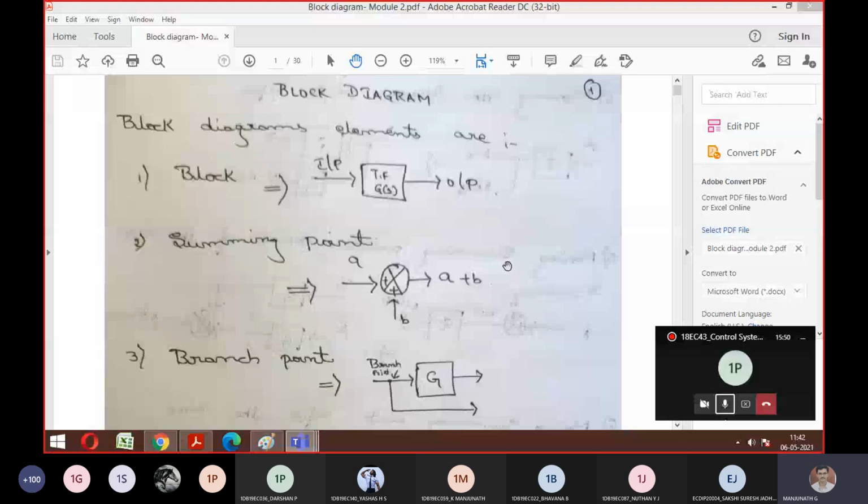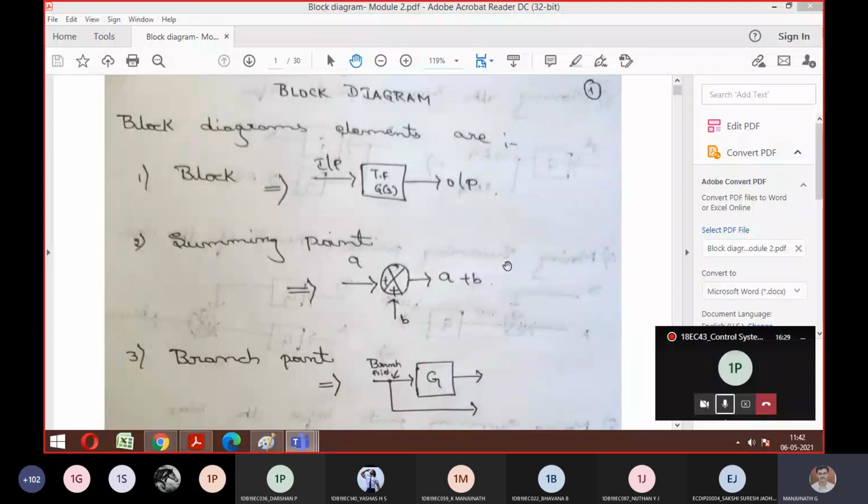It is very simple to construct the block diagram for a bigger and complicated system. Instead of going by the physical components present in the system, if you go block diagram wise, we can do the reduction technique. The ultimate goal, I told you yesterday, is nothing but to find a transfer function. The same way you can represent using a signal flow graph also. The alignment is different, but the ultimate goal of both block diagram and signal flow graph is clear: it is helpful for finding the transfer function of any given system. Let's proceed with some set of rules and some procedure to solve block diagram problems. Before that, you can see the 3 elements on the screen.